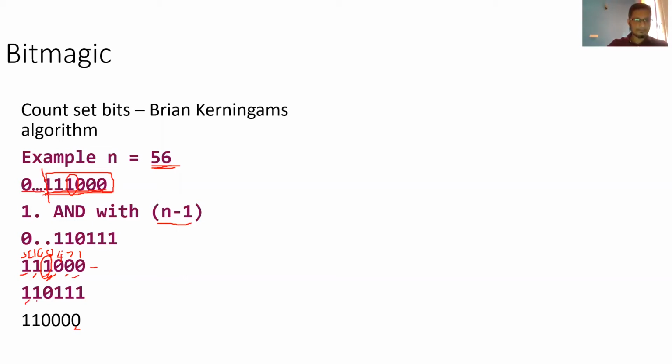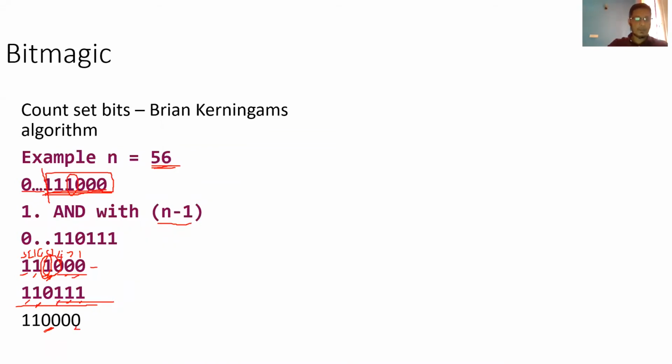32 plus 8 is 40, 32 plus 16 is 48. And then we have this, which is 4. 48 plus 4 is 52, yeah, 54, and then 55. So if I AND with 55, basically what I'm trying to do is check the last set bit here. If you AND with this, the leading zeros will become 0 because you are ANDing with n minus 1. You are checking what the output of that is.